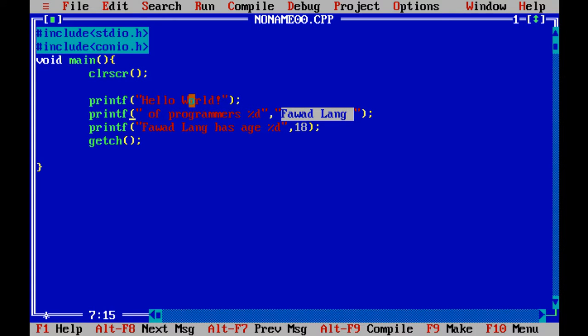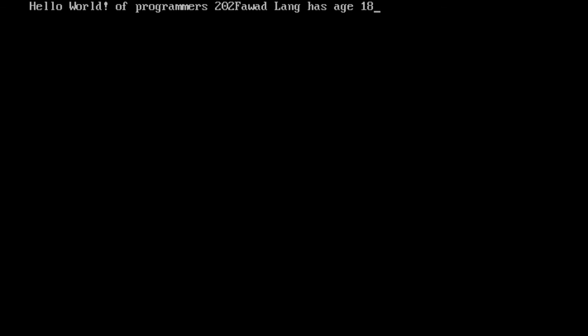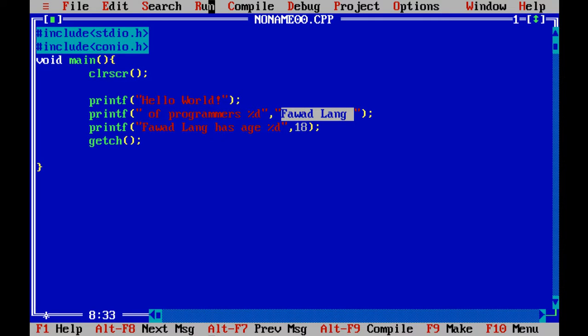Next, we have learned percentage d. If we run it with percentage d, as you can see, a garbage value is printed. What does garbage mean? A rubbish value. That means this value is not declared in our whole program, but it is printed because we have a logical error here.